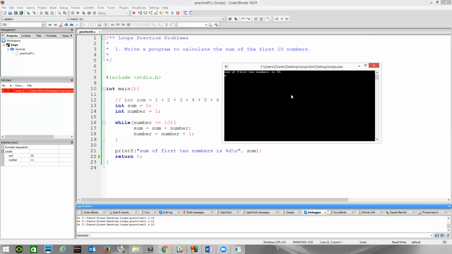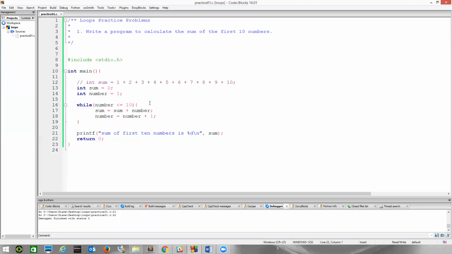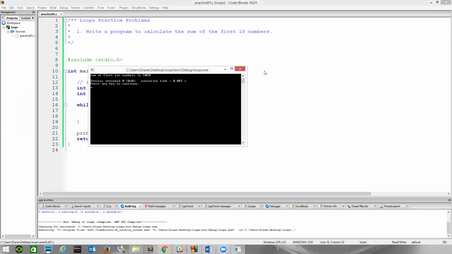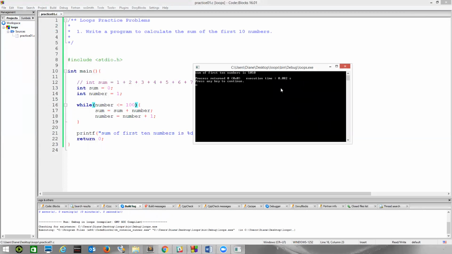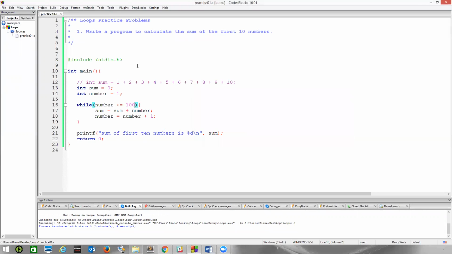Right. A loop is a very powerful construct. And think about it. Now, this test condition, if we wanted to sum the first 100 numbers, all we need to do is change that to 100, right? Build and run. And we get the sum of the first, well, I should change my message because it says first 10 numbers is 5050. All right, so I should change that message. As a matter of fact,